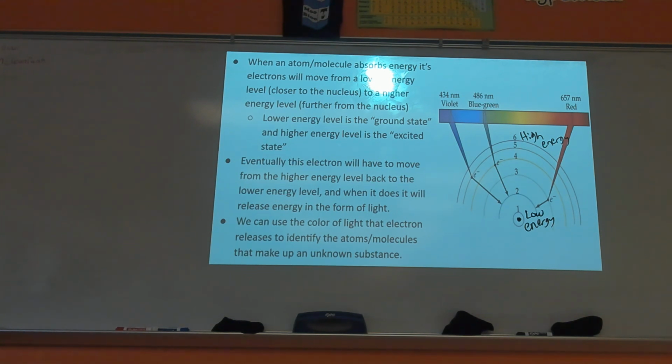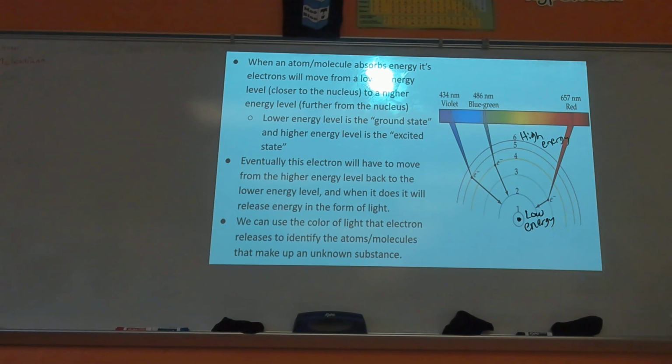Now, there are different ways atoms can get that energy, but for us today, who wants to guess how we're going to give these electrons energy? Any guesses? What would be a great way to give these electrons some energy? Light them on fire. You got it. That's where the Bunsen burner is going to come in. So you're going to put these popsicle sticks with the elements in the fire,